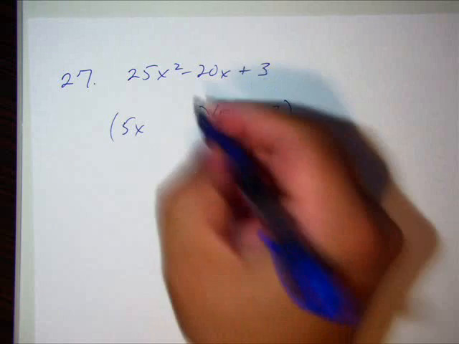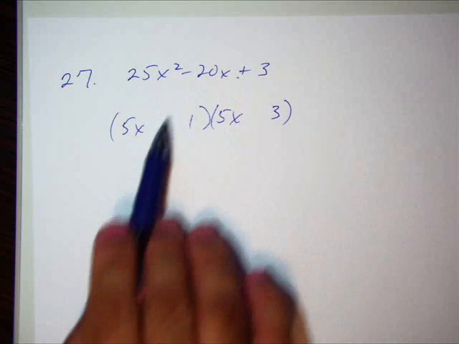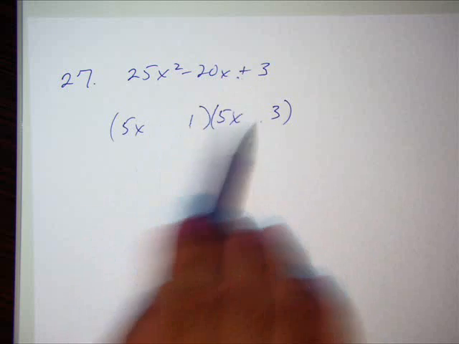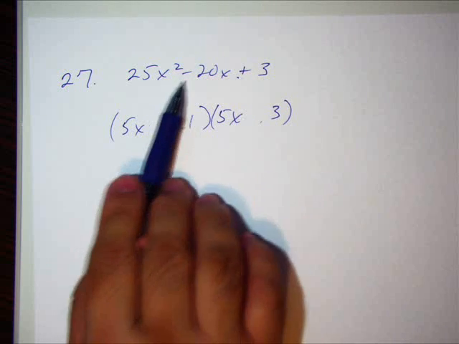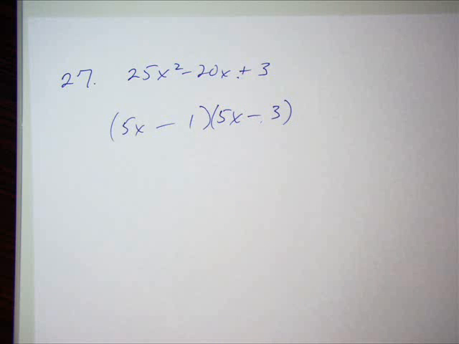Plus, that means they have to have the same sign. This plus means they have to have the same sign. And the middle sign tells me they're going to be negative. That's it. In case you couldn't follow that, which I completely understand because I didn't explain much, I will do